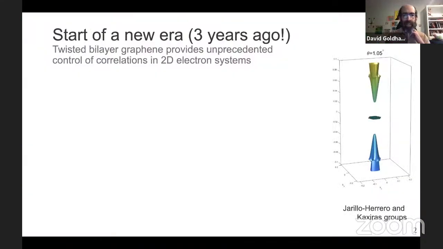So just as a reminder, there was superconductivity and correlated insulators,